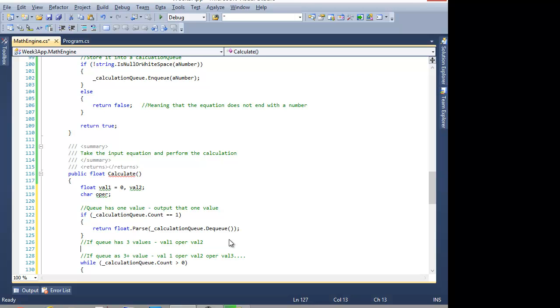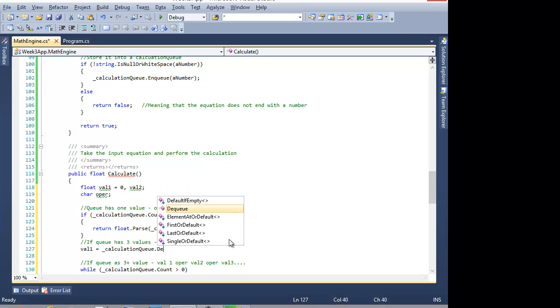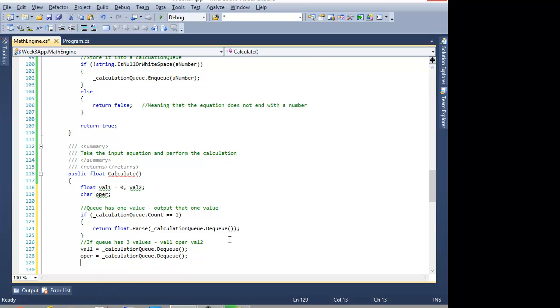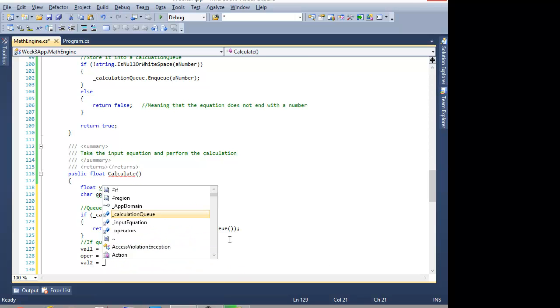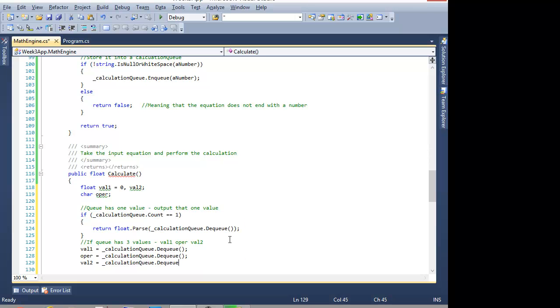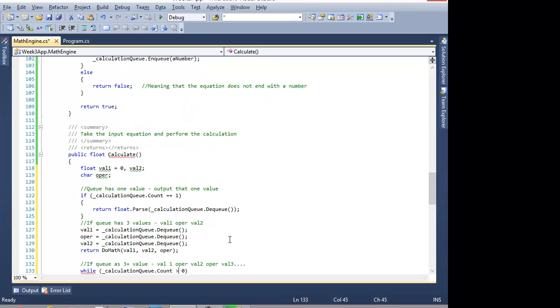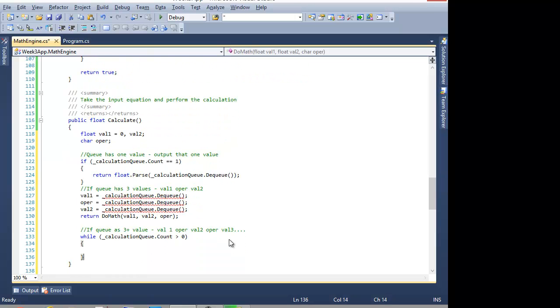If we have three values, then personally my approach would be to do val1 equals calculation Q dequeue, oper equals calculation Q dequeue, val2 equals calculation Q dequeue. And then we'll return doMath on val1, val2 and the operator. If we have more than that,